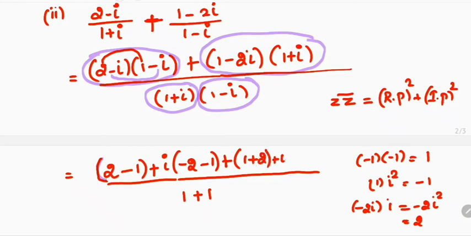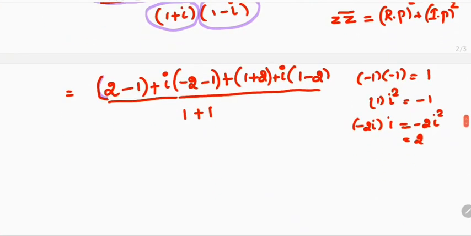Next we go to the imaginary part. For that you have to write i. You have to change and multiply: take the real part along with the imaginary part. So 1 into 1 is 1. Next, minus 2 into 1, that is minus 2. So we have multiplied the two complex numbers in the numerator. 2 minus 1 is 1. Here minus 2 minus 1 is minus 3, so minus 3i. This is the first complex number, plus 1 plus 2, here you will have 3.